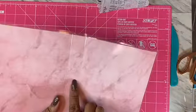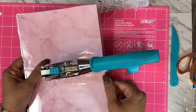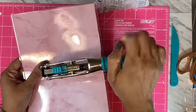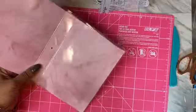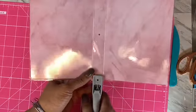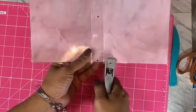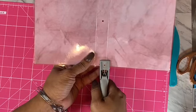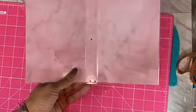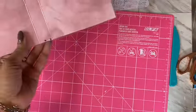All right, so now I'm going to place a hole in the center, that's going to be for my string there. And then I'll place 3 holes. One in the center. And on the side. And then on the side here, real close to the